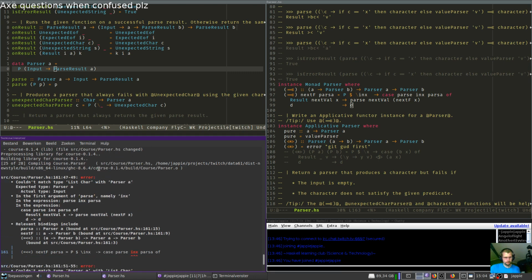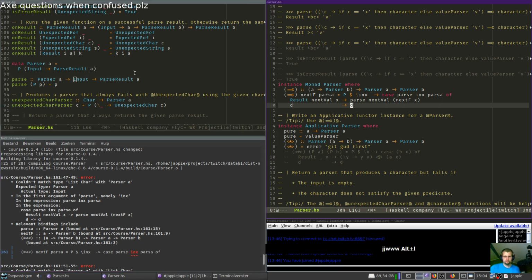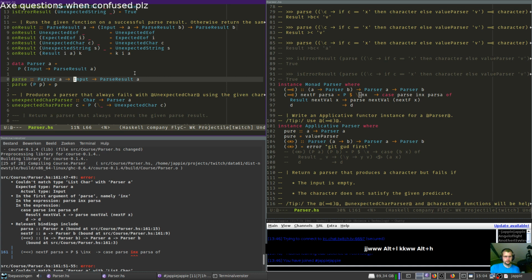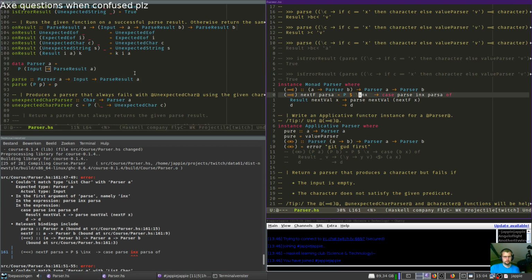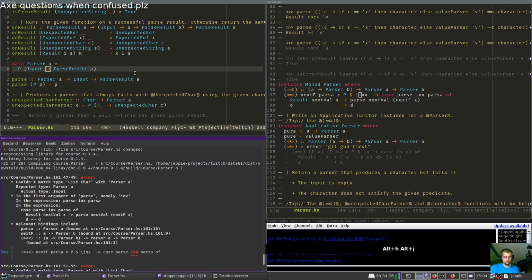Okay, let's go through them one by one. Parse inks. Probably flip the arguments. No, it's input. Right? But it's saying it's a parser.